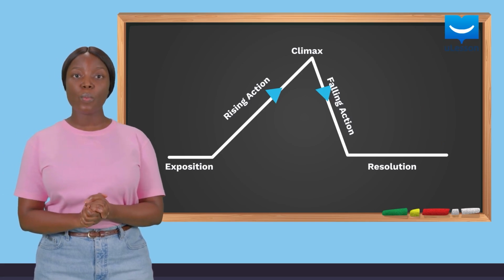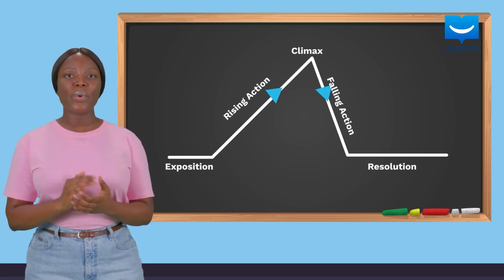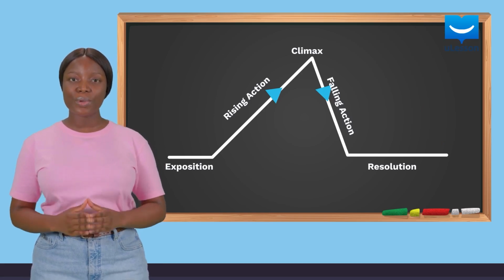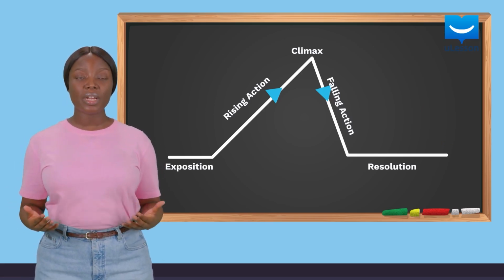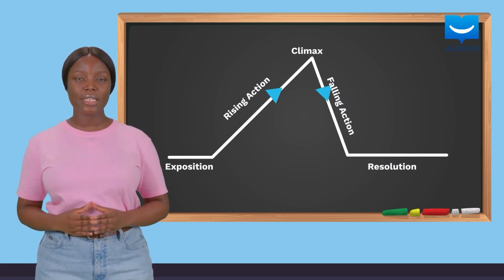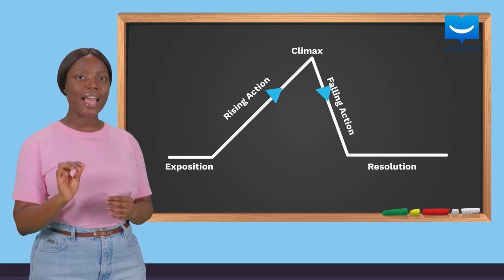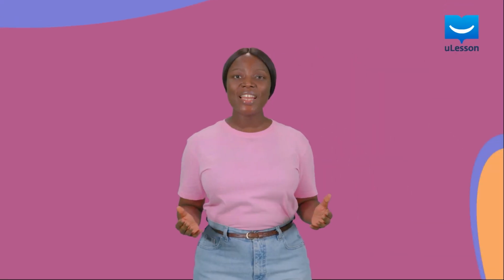Stories typically take this shape when they are written. Now, we have said that story mapping is the most important part of a story. It helps authors organize ideas in their writing. As a reader, you should endeavor to spot these elements in a story. So when next you read a